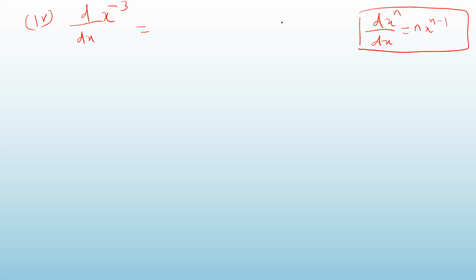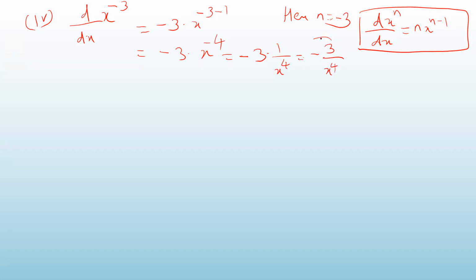So here in this problem, n is equal to minus 3. So it is minus 3 into x to the power n minus 1. That is minus 3 minus 1. So which is minus 3 into x to the power minus 4. And which I can write as, converting this negative power into positive, 1 upon x raised to 4. So the answer will be minus 3 divided by x to the power 4. This is the answer. Which formula am I applying here? X to the power minus n is 1 upon x to the power n. Remember this, in the final answer, you have to convert the negative power into positive. So the answer is minus 3 upon x to the power 4.